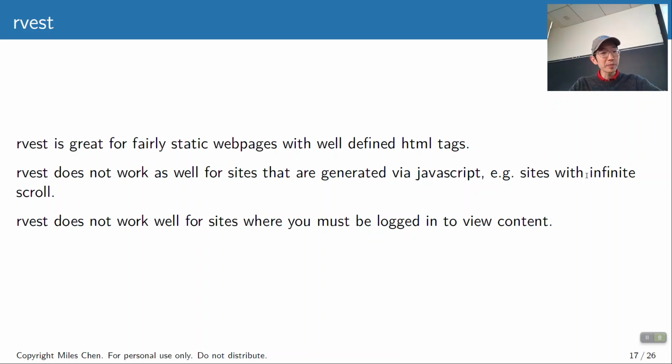Lubridate makes it easier. Okay, let me talk about web scraping, and we are going to use rvest for web scraping. Before I get into that, let me give you your second view quiz answer, which is the letter A as in apple. Second view quiz answer is A as in apple. Okay, so